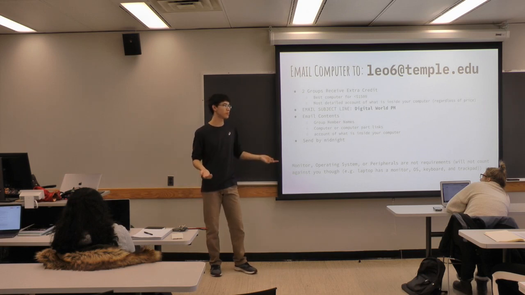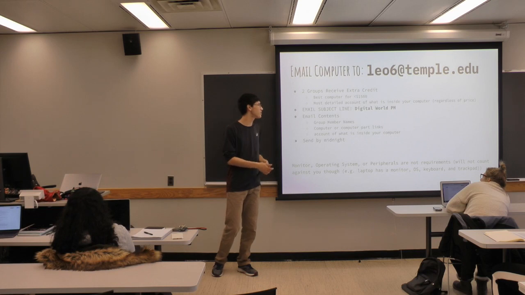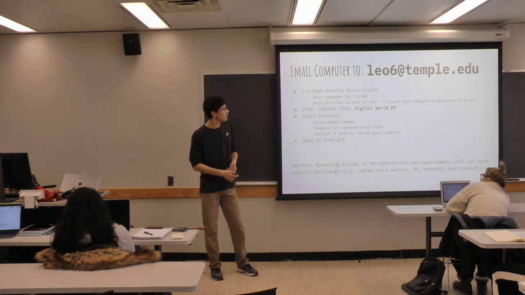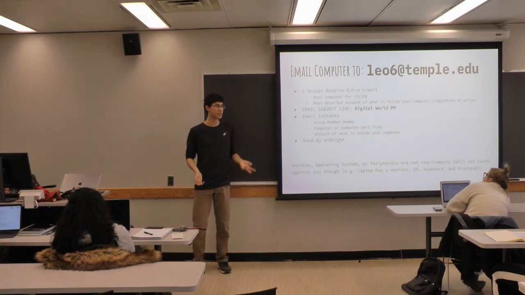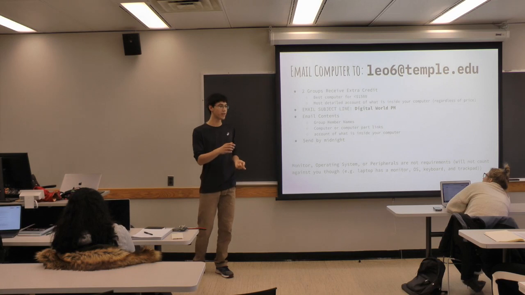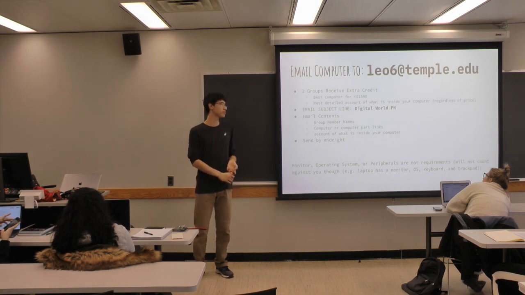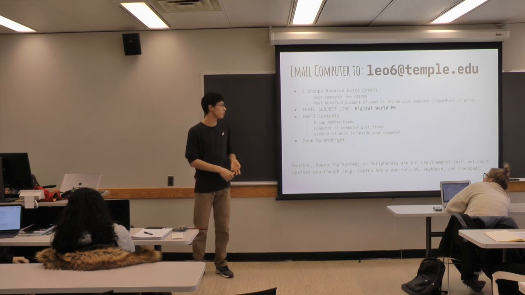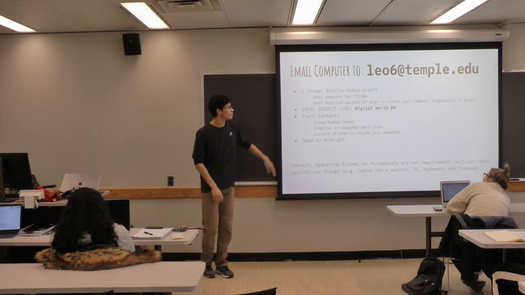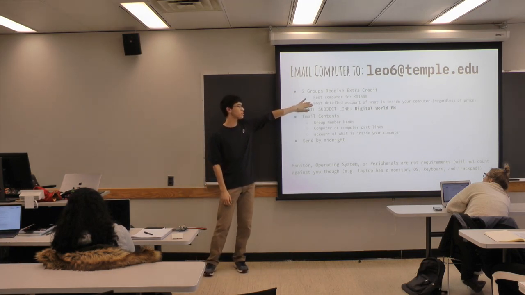If we were in a perfect world, we'd buy all the different computers and run speed tests on all of them. But I don't think any of you are going to fund that. And then the other way you can get extra credit is give me the most detailed account of what's inside your computer. I don't care how much it costs. So this way you tell me how many cores the CPU has, what clock speed it's running at, what generation of RAM you have, how many gigabytes, what clock speed that's running at. So the group with the most detailed account of what's inside their computer, and then the group that has the best computer for under